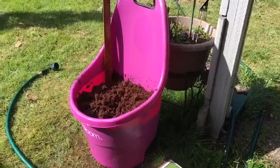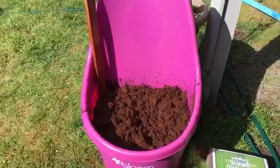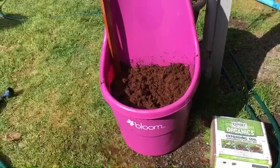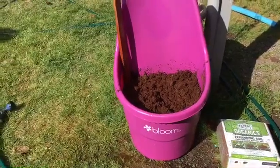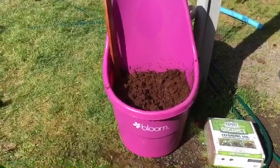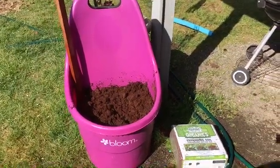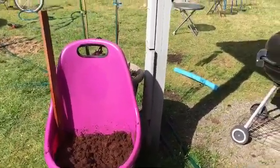Okay, you guys, I'm back, and this is how much soil I have in my wheelbarrow now. So there is quite a bit of soil in there. The 1 cubic foot would have only filled this about halfway full, and it is a pretty decent sized wheelbarrow. I'm wanting to say it's kind of close to those totes that people like to use for their kids as toys in their bedrooms. So yeah, it's got a little over 2 cubic feet of soil in the bucket, and now I'm ready to finish filling up my plant cells out in the greenhouse